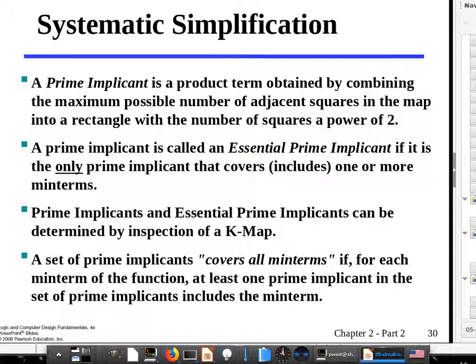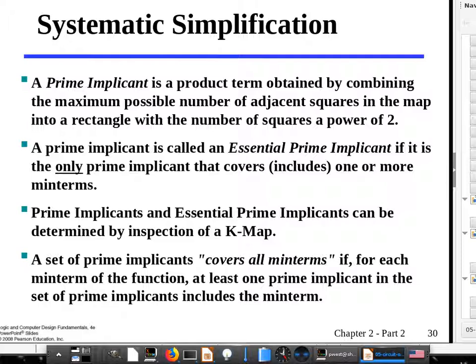Hopefully, I've gone into at least enough detail to convince you that a computer or Verilog can take your circuit, and as long as there's only 4 inputs, it can eventually generate a K-map and then populate the K-map correctly. So the next question is, how can a computer or a program take the K-map that's been populated and automatically select an optimal circuit? Well, spoiler alert, it can't select the most optimal one, but it can do a lot